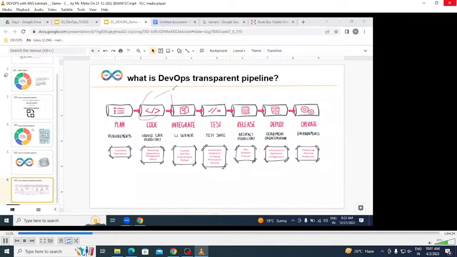CI/CD: continuous integration, making working software, and delivering it continuously. Once it is delivered, we are going to be placing our applications on hundreds of servers. These hundreds of servers, we are going to automate with the help of